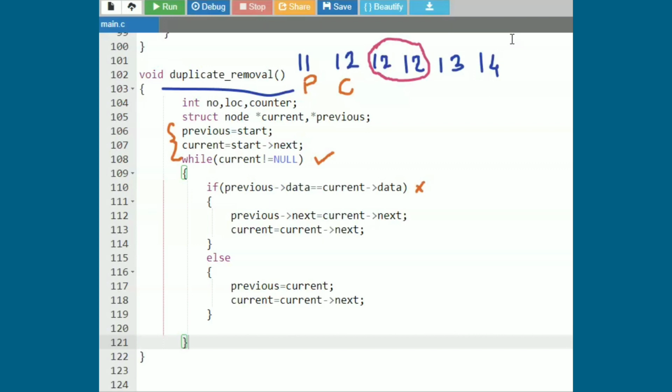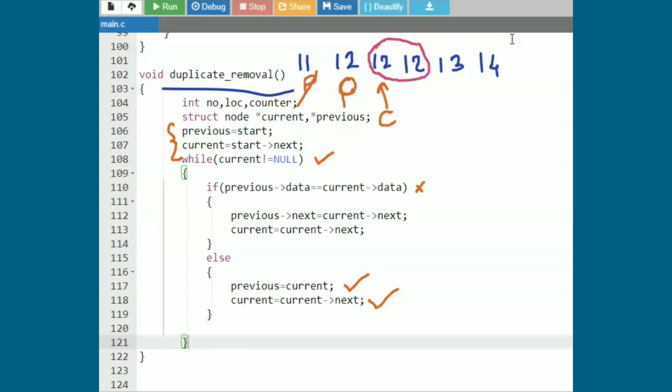If there is no match between previous and current, I will update previous with the current value and update current with current next. That means I update previous to current, that is 12, and update current to current next, which is currently pointing to this 12 value.